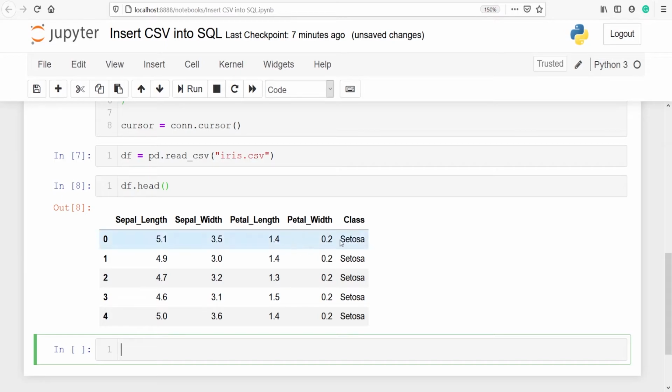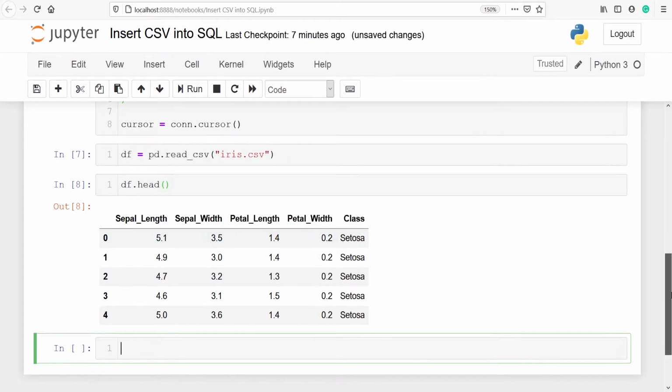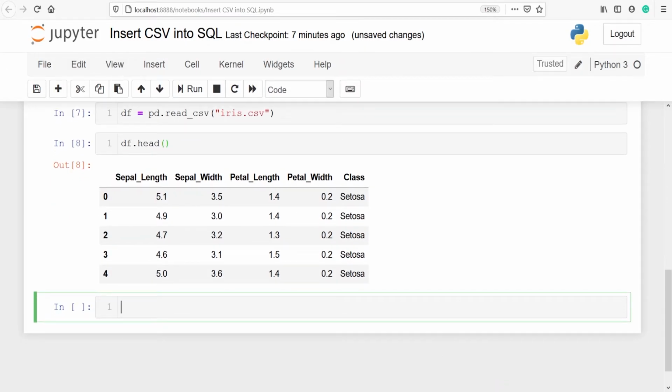We are going to save this data frame into SQL as a CSV file. We will create a table and its schema in our database test. Schema will be column names and their data types. We will use cursor to create the schema. We will call cursor and we will use the method execute, and inside this we have to type the SQL statement to create a table.